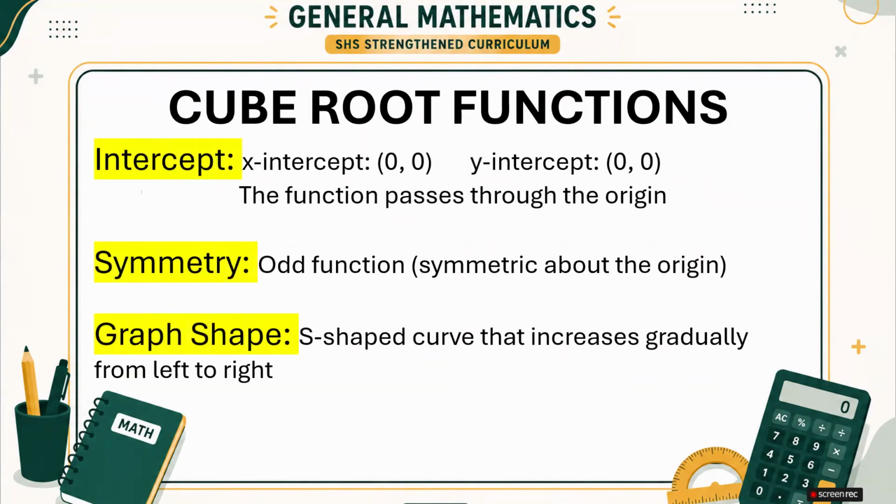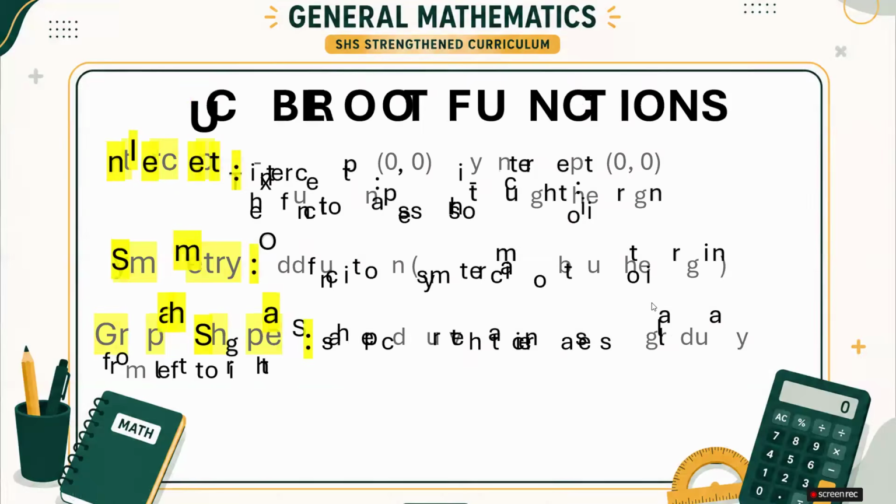So for the graph of the cube root function in terms of the intercept, the cube root graph passes through the origin and it's like an S shape like the cubic function, and it increases from left to right. It looks similar with a cubic graph, as I told you, but it grows more slowly. So in cubic, it is steeper as it moves from the origin, but in cube root function, it becomes flatter as it moves away from the origin. So that's the exact difference of cubic function from a cube root function.